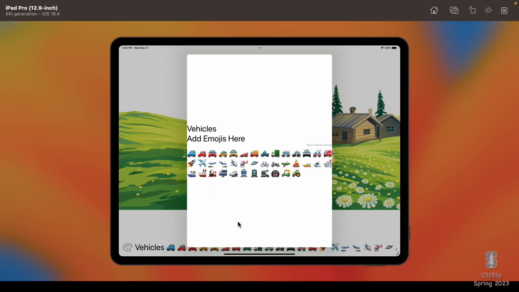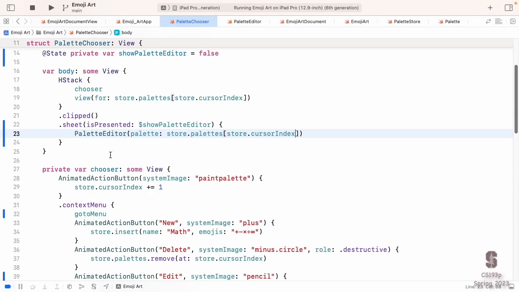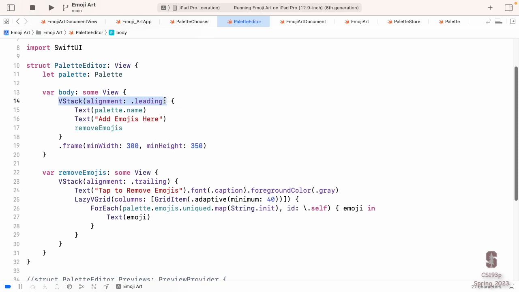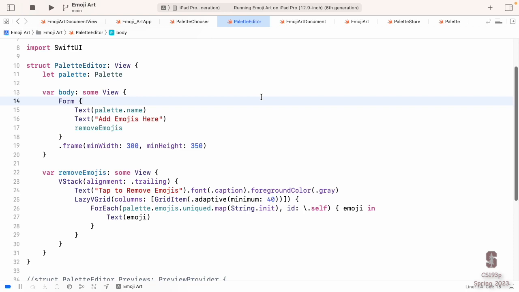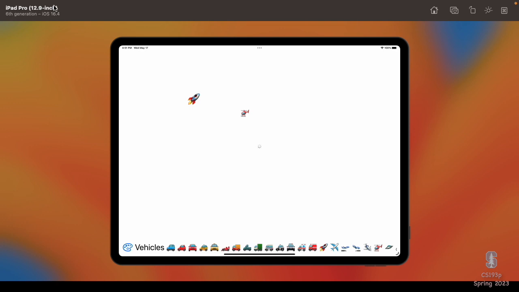Now, how do I make this look a lot nicer with one line of code? We know in SwiftUI we can always use one line of code and make this a lot better. Well, here we really could do it. I'm going to go back here, and in our palette editor, this VStack, instead I'm going to make it a Form. So Form is an extremely powerful VStack-like thing for when you want to collect information from the user. And it's used all over the place in Swift and in iOS in general, like the Settings app, form after form after form in the Settings app. And that's what you saw in Memrise. So just changing that one thing, look what that does to our UI here.